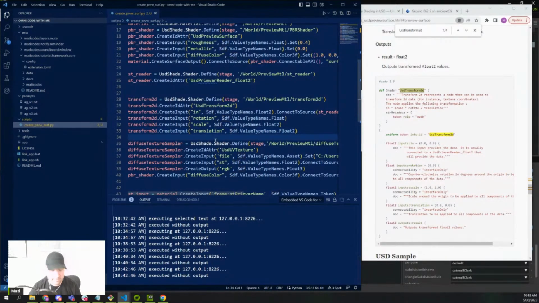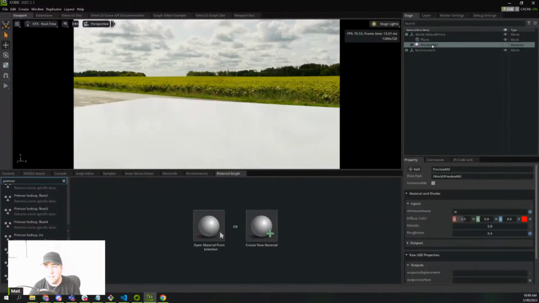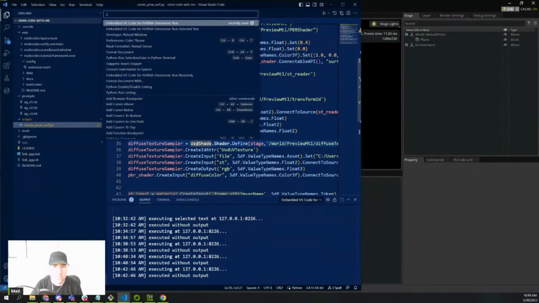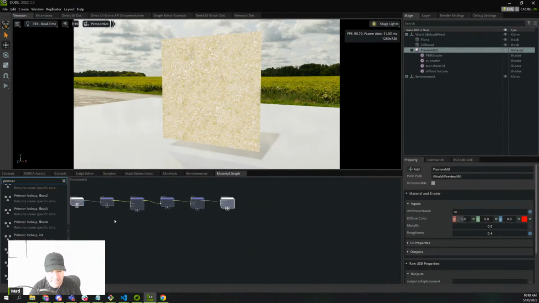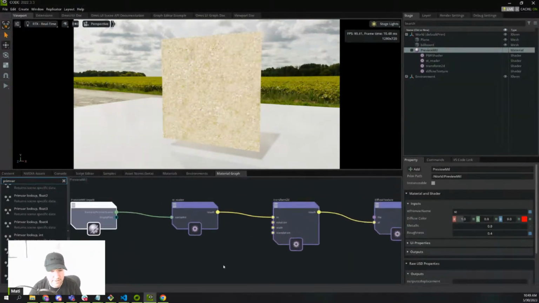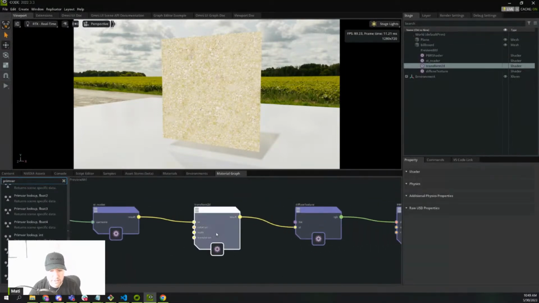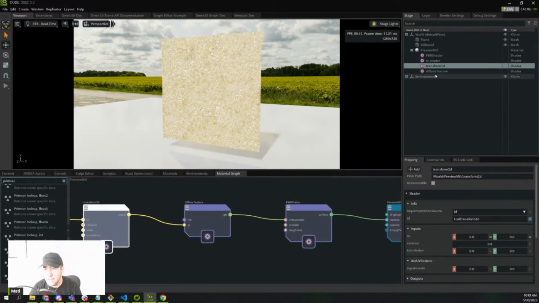Let's try it. What did we do? All right, let's open this. So we have preview material, yeah, just the name, to ST reader, to the transform in, the result out to. So if I did my job right,